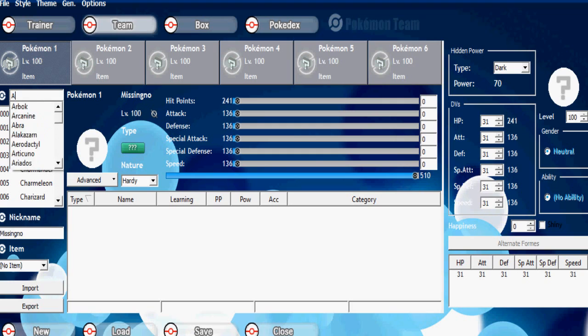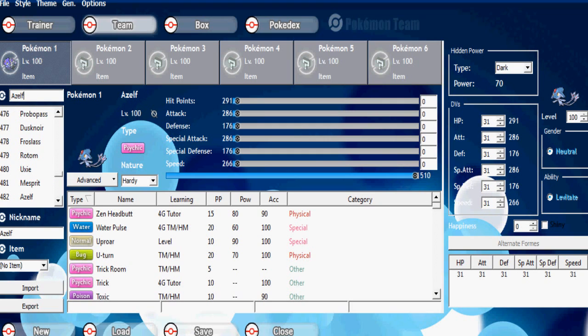So I'm going to start off with Azelf. Now this is a remake of the old suicidal Azelf in Gen 4, if you guys remember. What makes this Azelf very special is that I'm using the item Normal Gem. Now with Normal Gem and Explosion, it makes Azelf a very potent suicide lead, unlike other exploders this generation, since